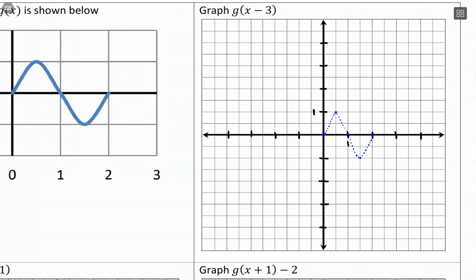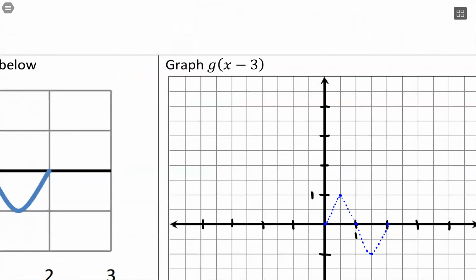All right, this first example here. What I'll notice is that the subtraction with 3 is happening inside the function, so that's where I know it's going to be moving left-right. And then it's negative, so it's going to the right. And you'll hear me pause with these because I think about what I expect to happen, then I just need to do the reverse of what I think it should be. So this is moving to the right